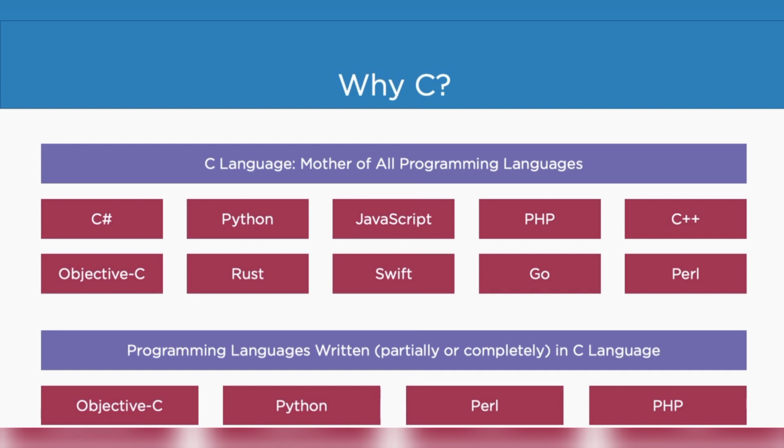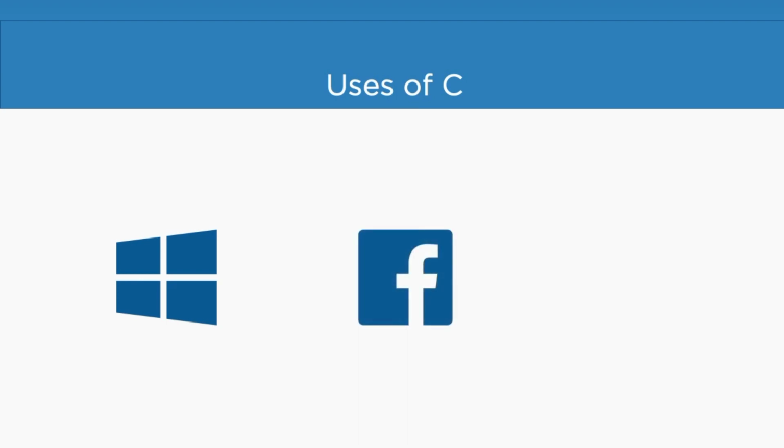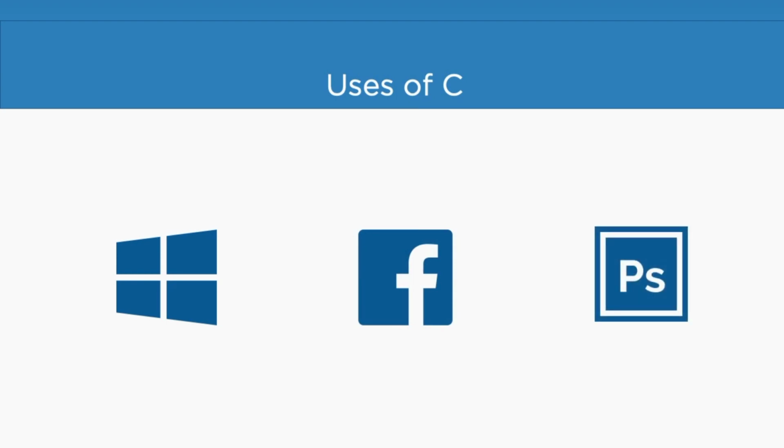Now, moving on, you might also want to know in what applications we use C programming language today. Well, here I will give you a few examples of the popular products that use either C or its derivative C++. Well, the Windows operating system that we use in our PC is built using C language and its derivatives such as C++. A part of Facebook application is written in C++. Popular photo editing applications like Adobe Photoshop are entirely built using C++.